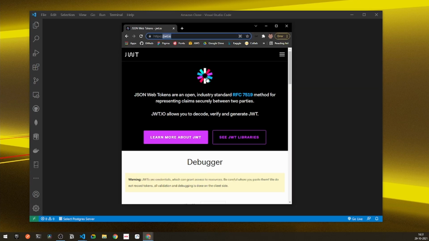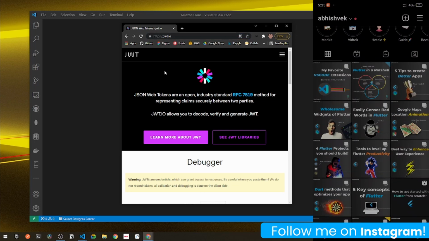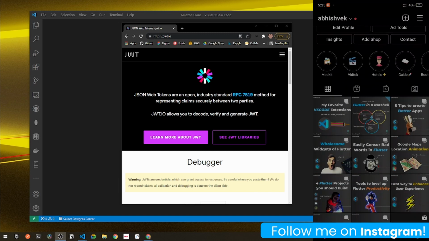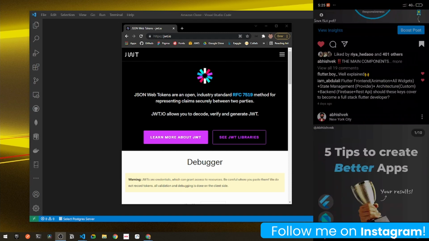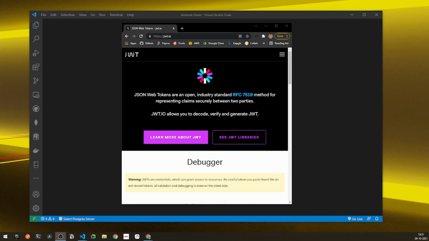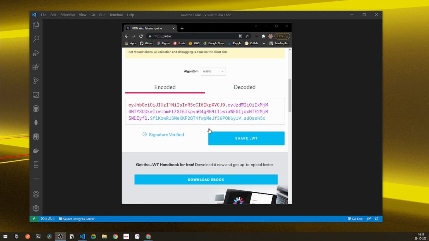So first thing first, what is JWT? You can visit the website jwt.io to get a detailed explanation of what JWT is and how it works. But on a surface level, I will be calling JWT a manager token. With the help of that token, we will be able to access our application, and once that token expires, the user won't be able to access the application one more time. So without any further delay, let's get into more action rather than theory.